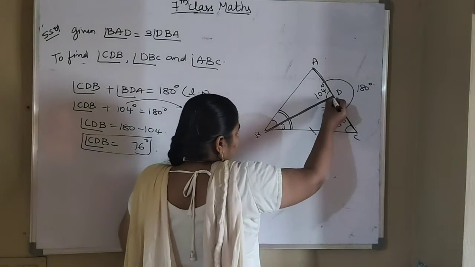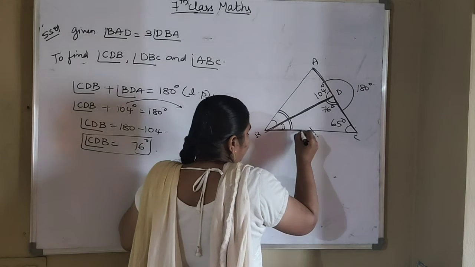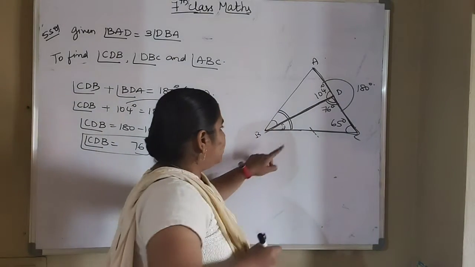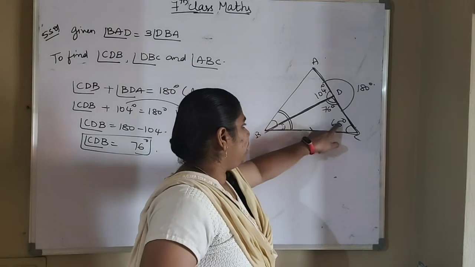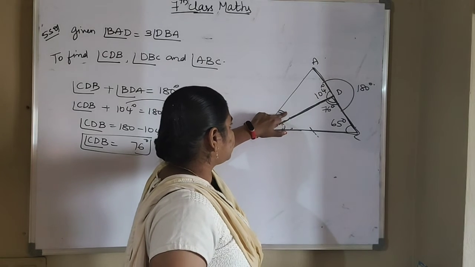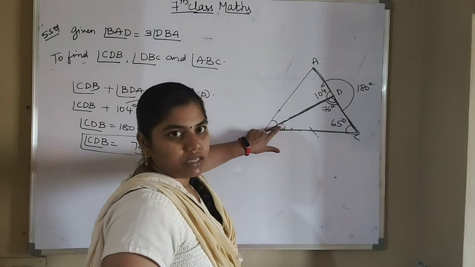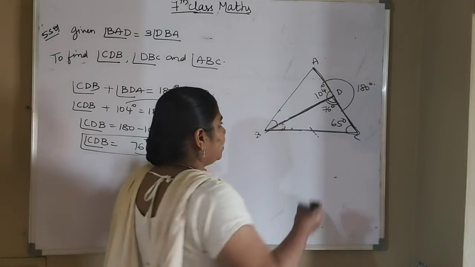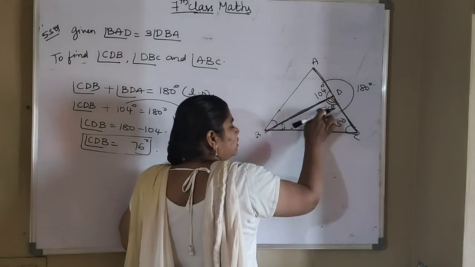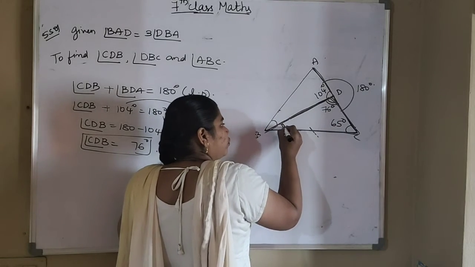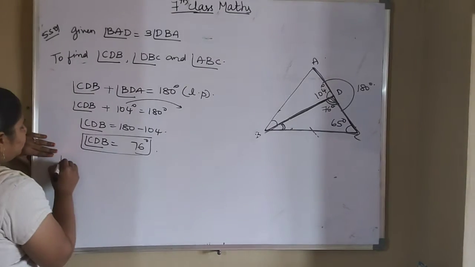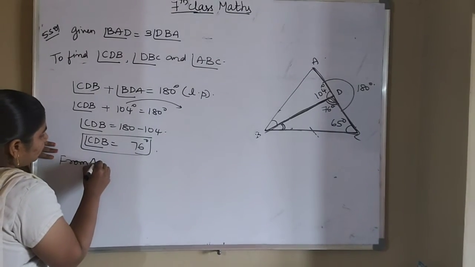Now I am finding this angle, only this part. So how to find? Already by using interior ASP, that is angle sum property, you can find this angle. Okay, sum of three angles will be equal to 180 degrees. I am not taking this one. Only this part I am using. I want to find only this part. So from this triangle I am finding. Sum of three angles will be equal to 180. I want to find this. Okay, I am writing in three alphabet manner. So from triangle